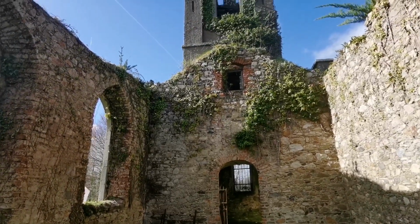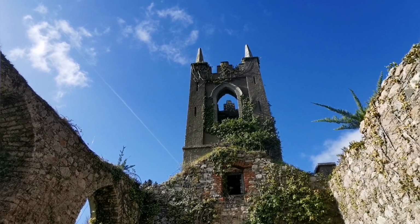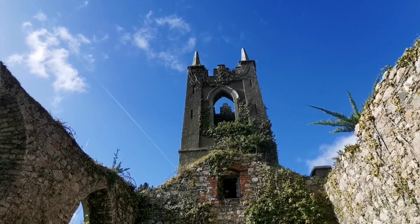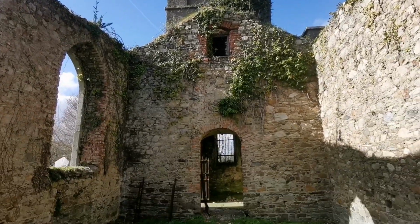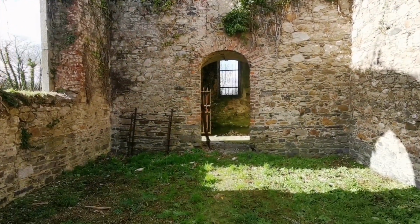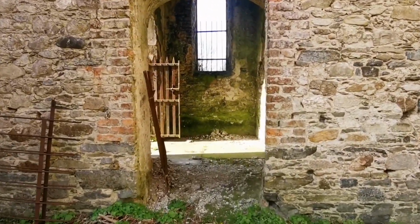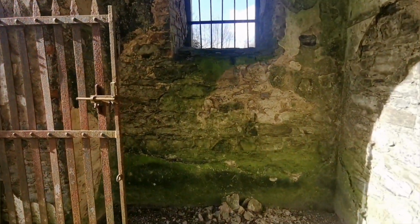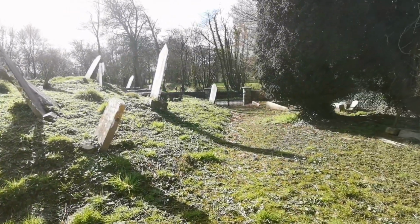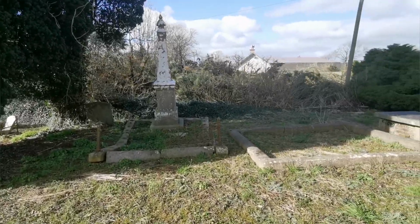And there's a better view of the tower there in the church. All the ivy on it. Beautiful. Sad to see that it's left like this, but it's the way it is at the moment, you know, in the old graveyards here in Ireland. So that's inside the old church, guys. So we'll go out now and we'll go around and read a couple of these old